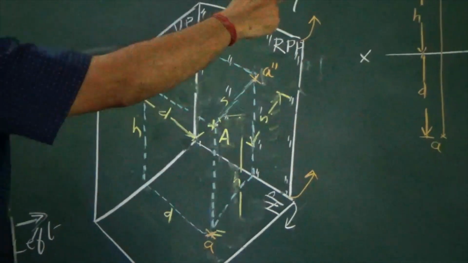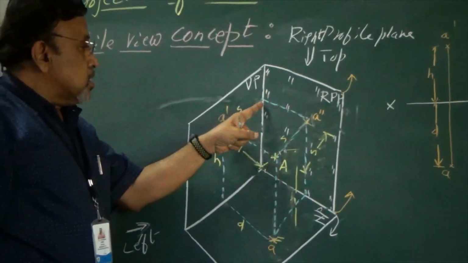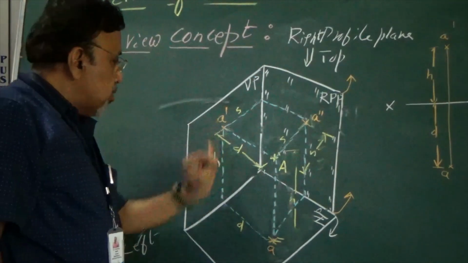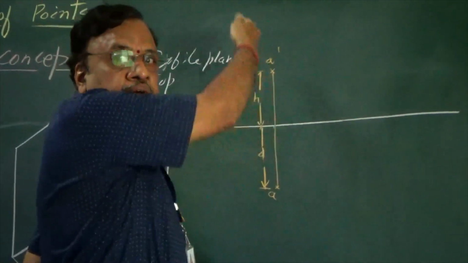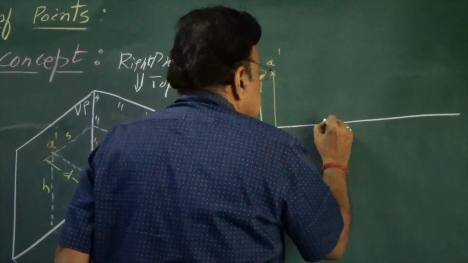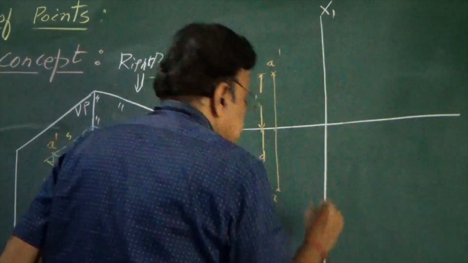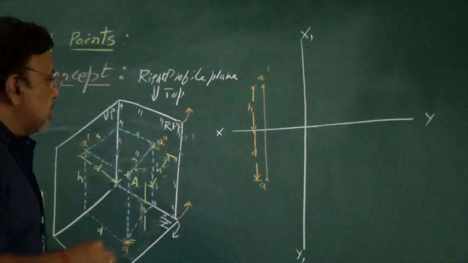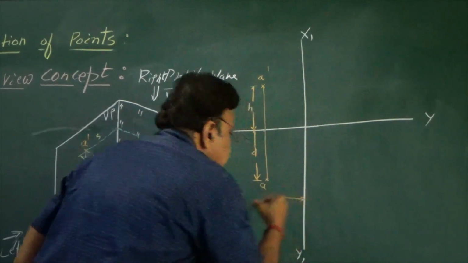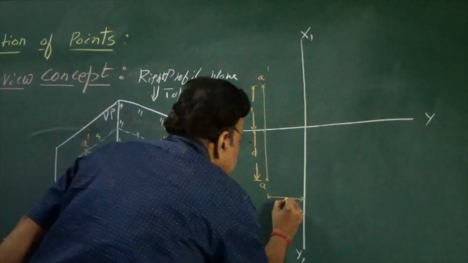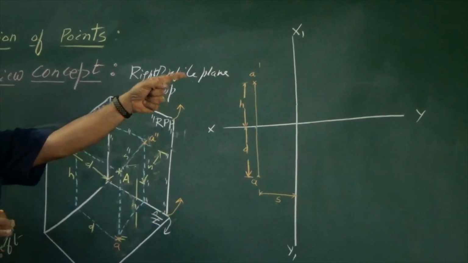So if this is S, then where do you get x1, y1 line? I should draw the x1, y1 line at a distance of S from the top view, front view projector. So what I do is, from this particular projector, I will take S distance, then I will mark this. So I will call this x1, y1, and we have indicated this distance. What is this distance? Just now I said S distance. Is it clear?